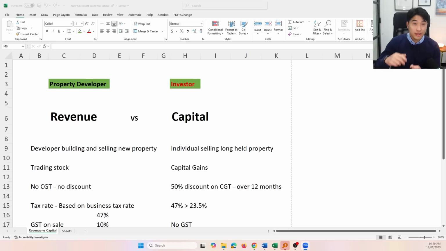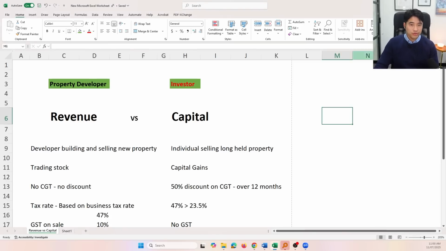However, if you're living in it and you rent part of it out, you can't use the 6 year rule. So the 6 year rule is designed for people that travel for work or move out for a little bit and come back to that home. But yeah, if you decide to use a part of the house for rent, then you actually lose the main residence exemption for 100% of the property.